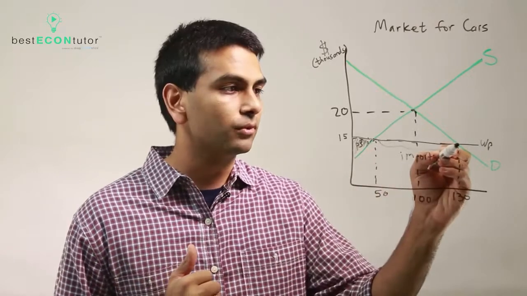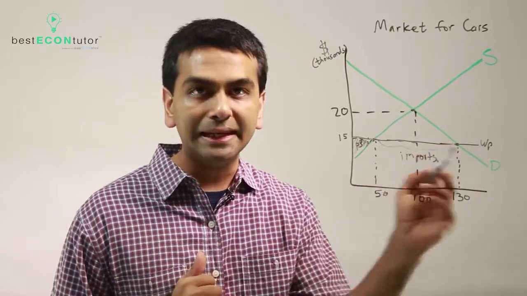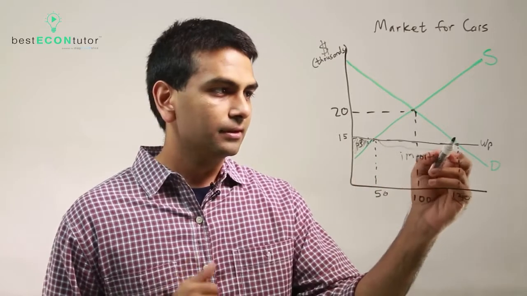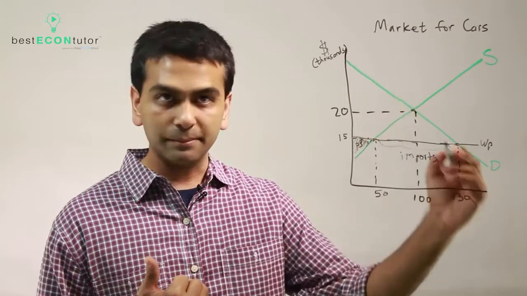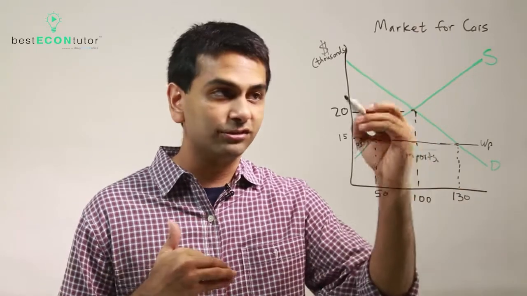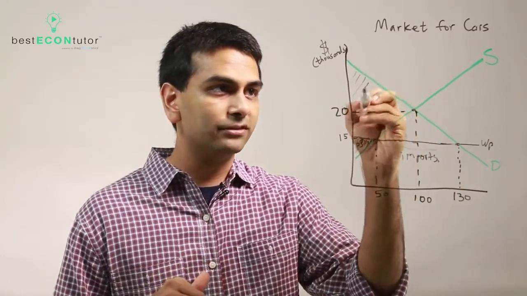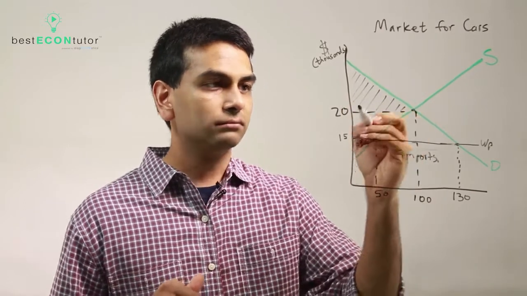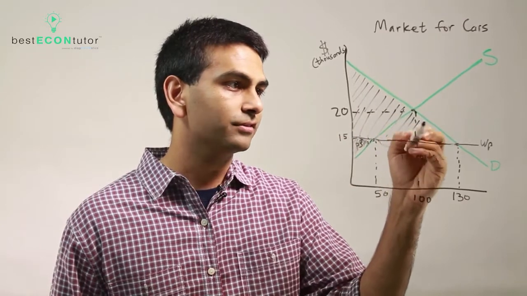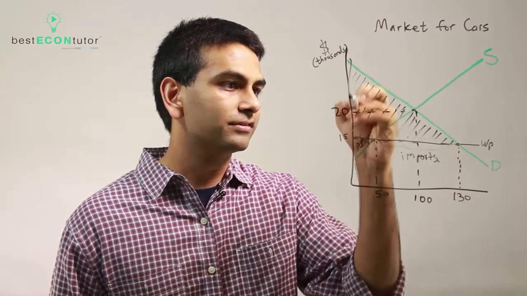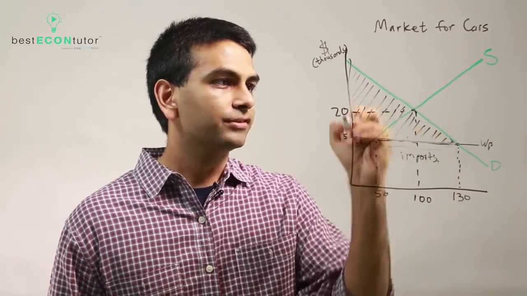You can get it from the rest of the world. So you import the remaining 80 cars. It's really just that gap. And so then, if we want to find the consumer surplus, it's everything below the demand curve and above 15. It used to just be everything above 20. It used to be this area, but now they're only paying 15, so they have more consumer surplus, and they're buying more cars. So the CS is now all this whole region.